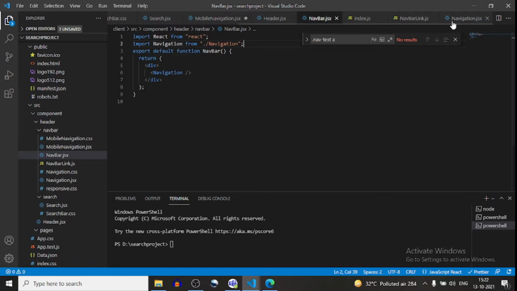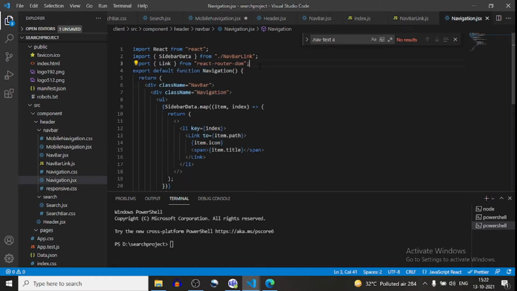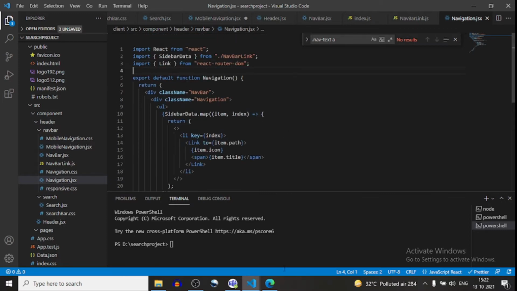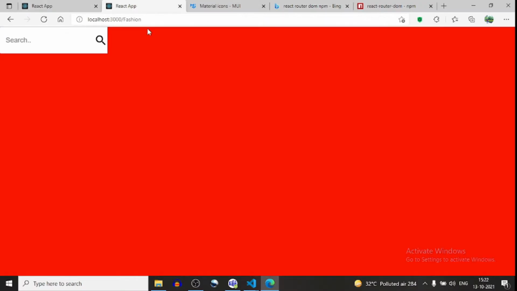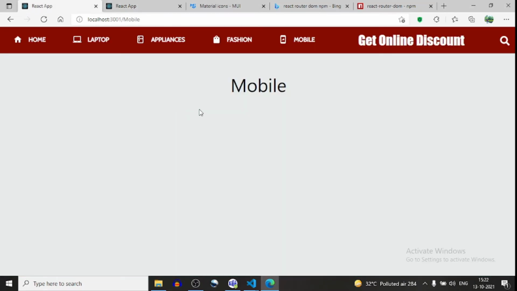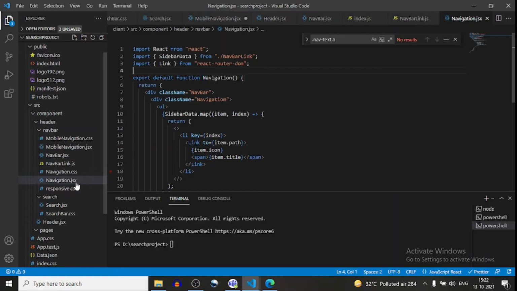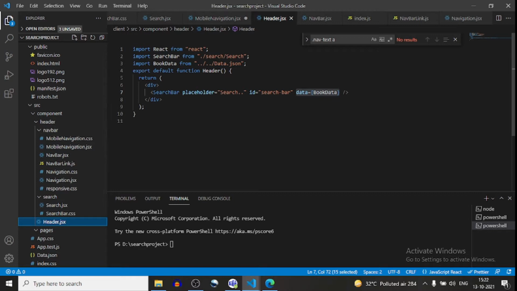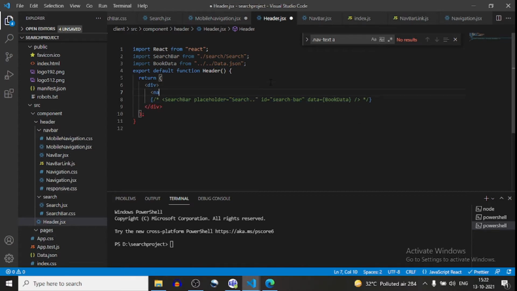Why this navigation? Because we have export default navigation. Now let's run this application and see. First I will go in navbar. In navbar we have imported this. Go in header, and in header I'll just comment it for now, and here I will use navbar.